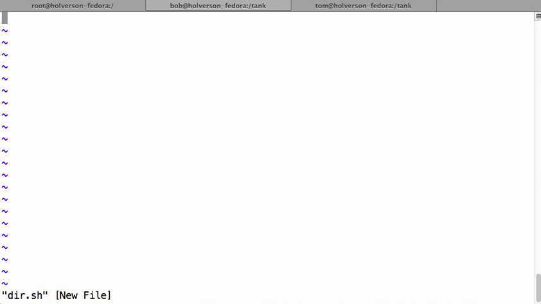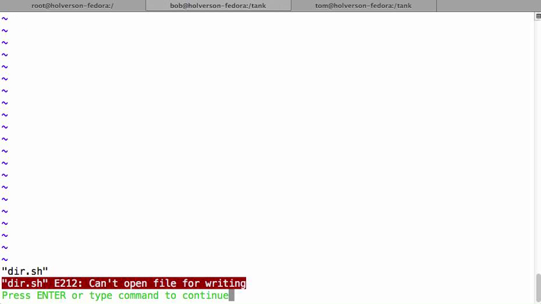And just to test this, I'm going to hit i to insert, and I'm going to use the shebang #!/bin/bash. And I'm going to do an ls -l long listing and make it colorful. And when I do a shift-colon wq, it says cannot open file for writing, meaning if we take a look,